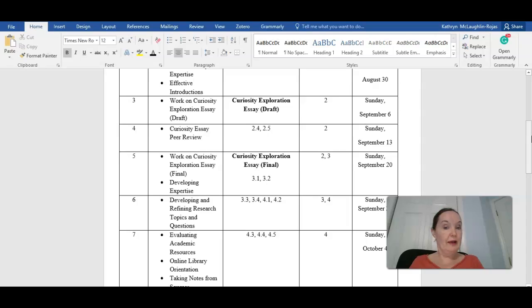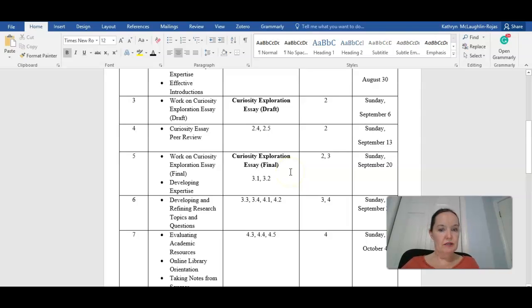When I go through the announcement that's already posted in Blackboard, I'll show you a couple of links that will show you how to access your feedback from me and turn it in. Some of you might be familiar with Turnitin, some might not be, but in case you're not, those resources are posted there.